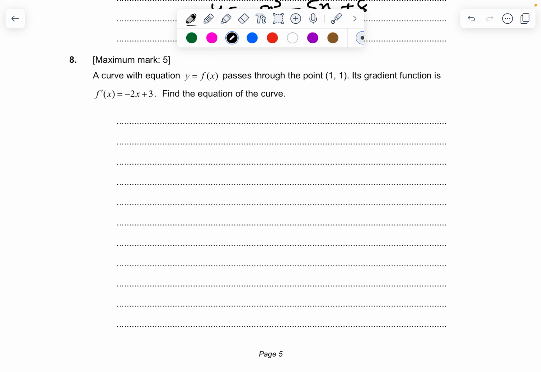Question number 8. The curve with an equation passes through 1, 1 and it has a gradient f prime x. Find the equation of the curve. So again, in order to get f of x, what am I going to do? Integral of f prime x dx. So the integral of negative 2x plus 3 dx, which is going to be negative 2x squared by 2 plus 3x